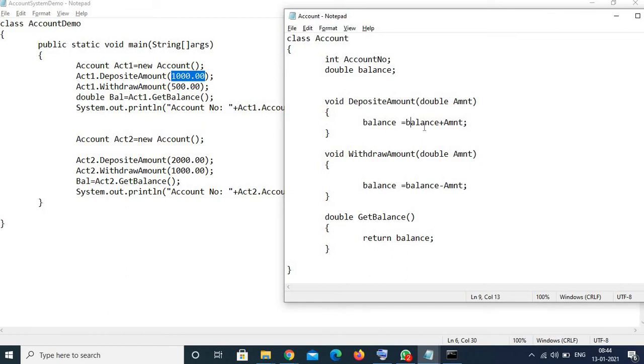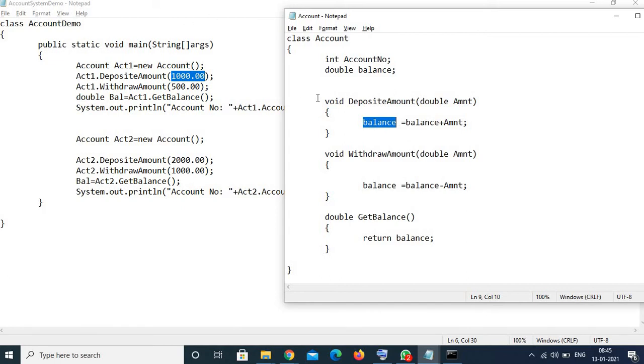So 0.0 plus 1000 would be 1000. That 1000 would be set to ACT1 dot balance again. All these references of the instance variables get converted into the reference to the particular copy of the object. So ACT1 dot balance became 1000.